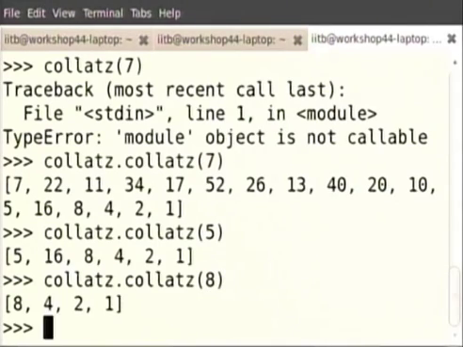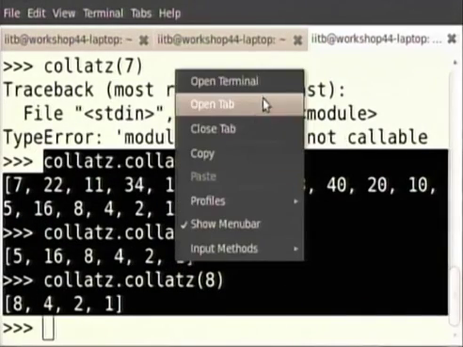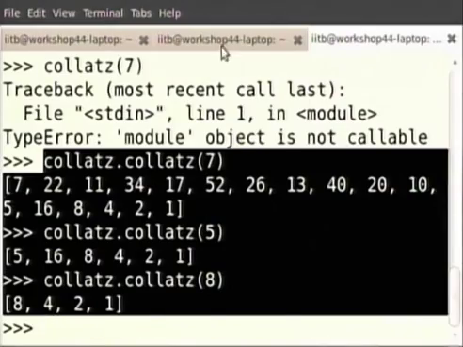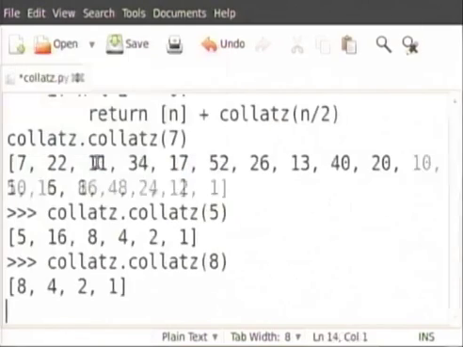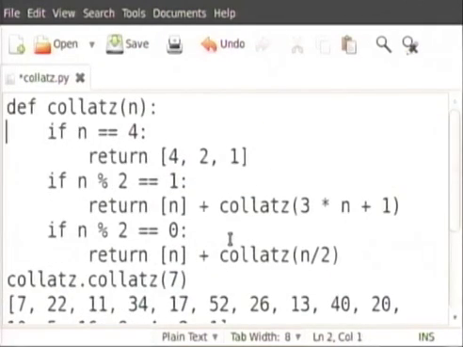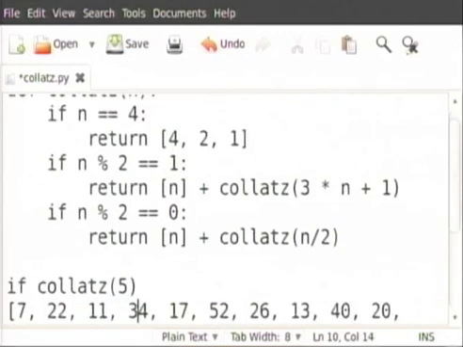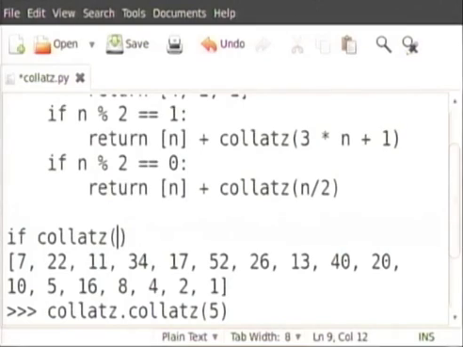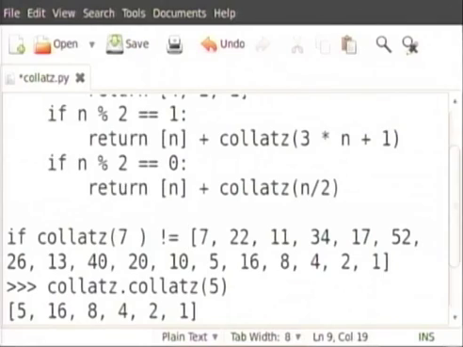So, we will put these as a test in our code and then get back to what we are doing. We want to be able to test our code. So, we say if collatz 5, okay, collatz 7 not equal to, this is the 7 sequence,